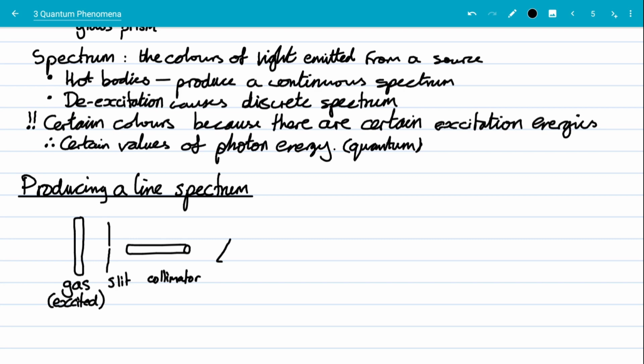Now we can do a few different things here. We're just going to stick with the prism, which is going to refract the light, and then we're going to have a microscope that we can move around in an arc, in both directions, and measure the angle between what's going straight through